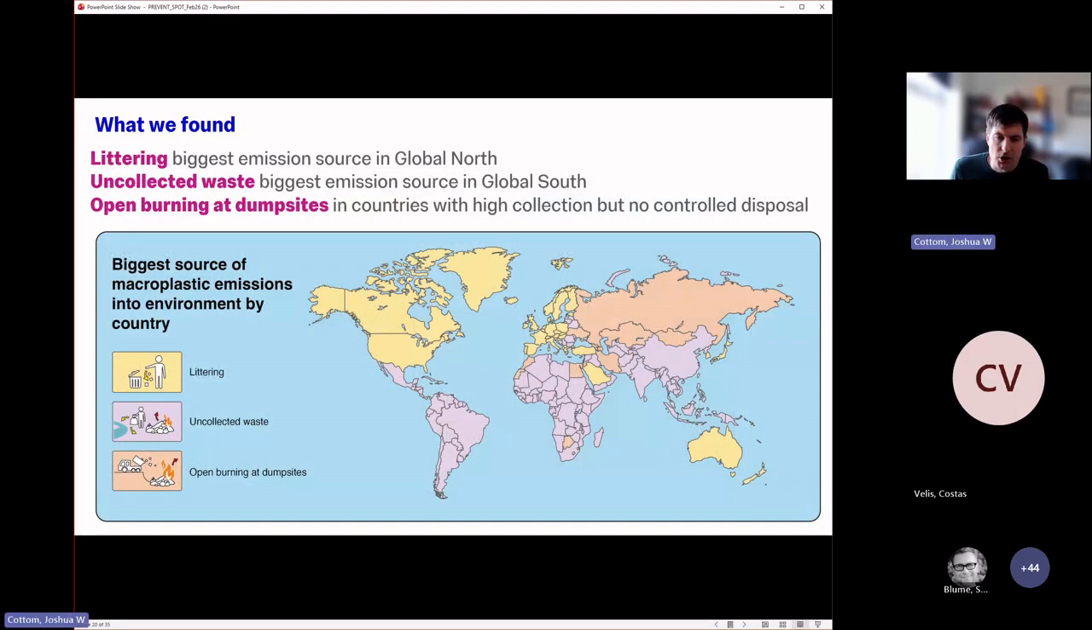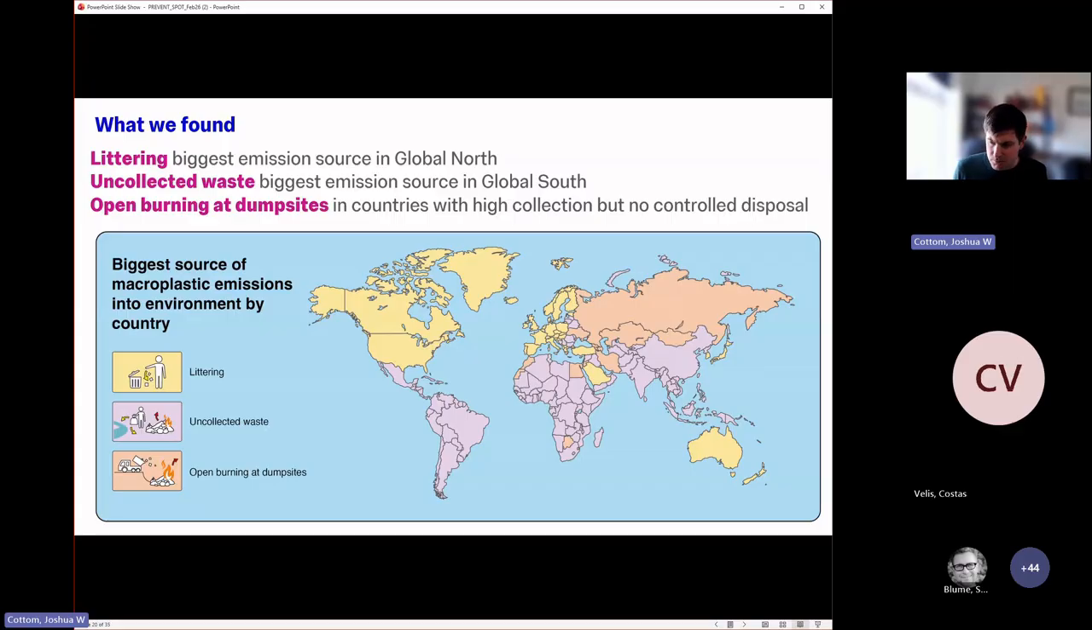So this map here shows what is the largest emission source by each country. So you can start seeing some trends. In the global north, littering is the dominant emission source. These obviously are countries which have widespread collection and controlled disposal. In the global south, the biggest trend we see is that uncollected waste is by far the largest emission source